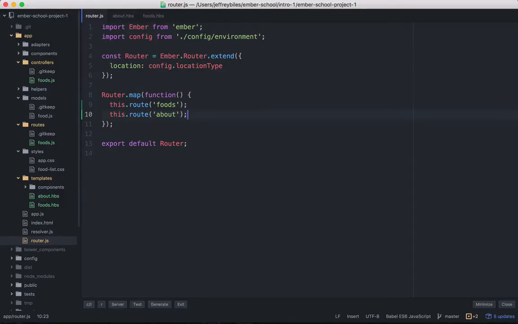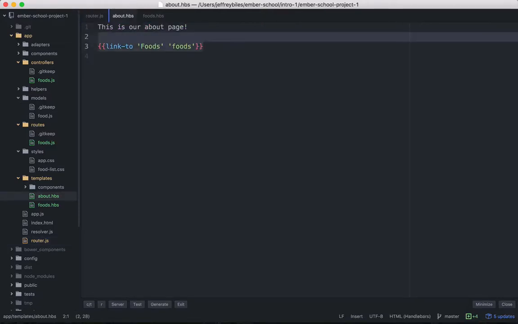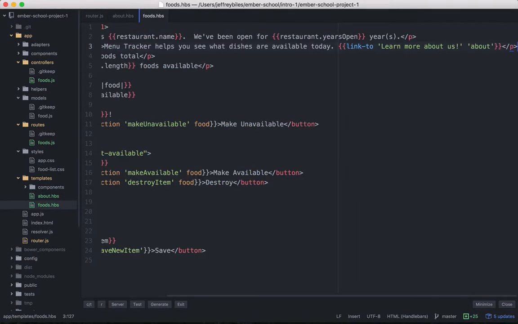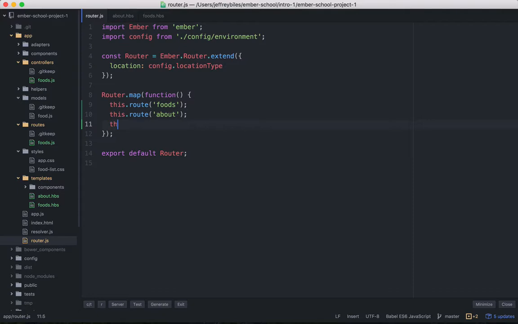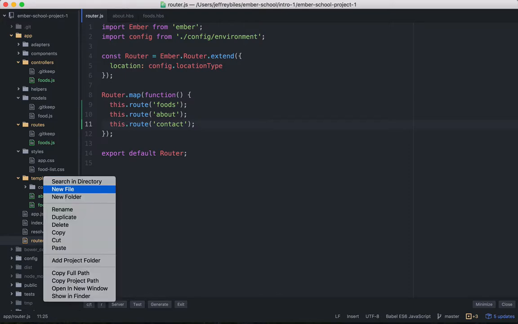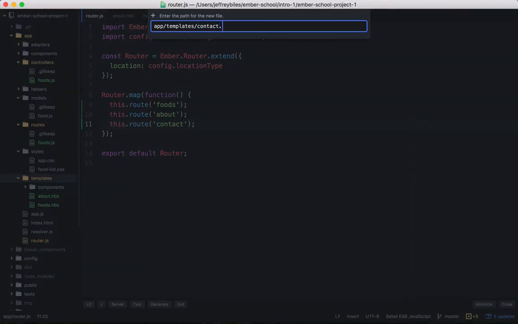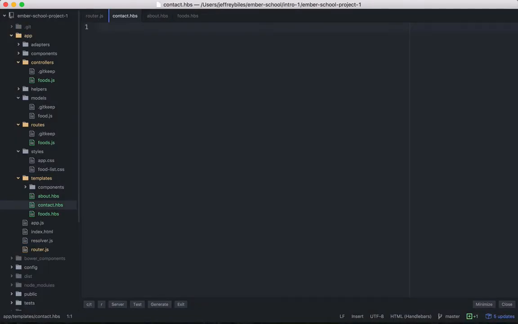So currently in our app, we have two routes, and in each of those, we have a link to the other. Now, let's say we wanted to add a third route, a route where they could contact us if they wanted to. So to make that, we will make a template, contact.hbs,